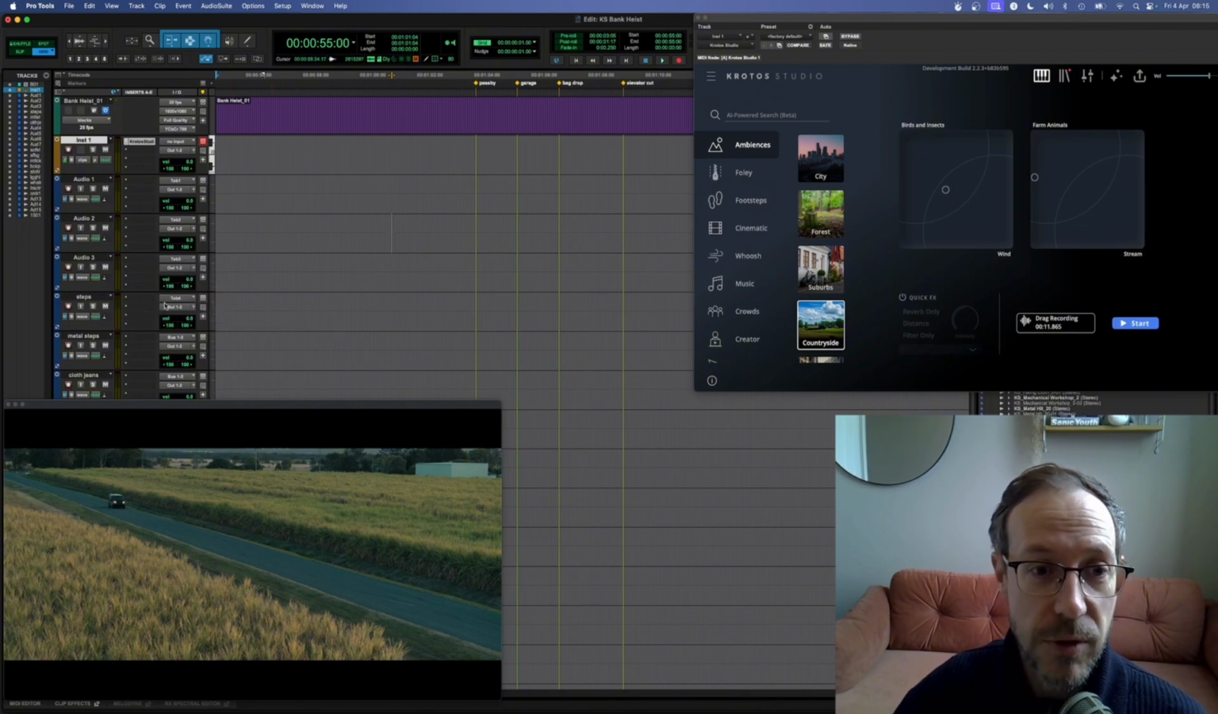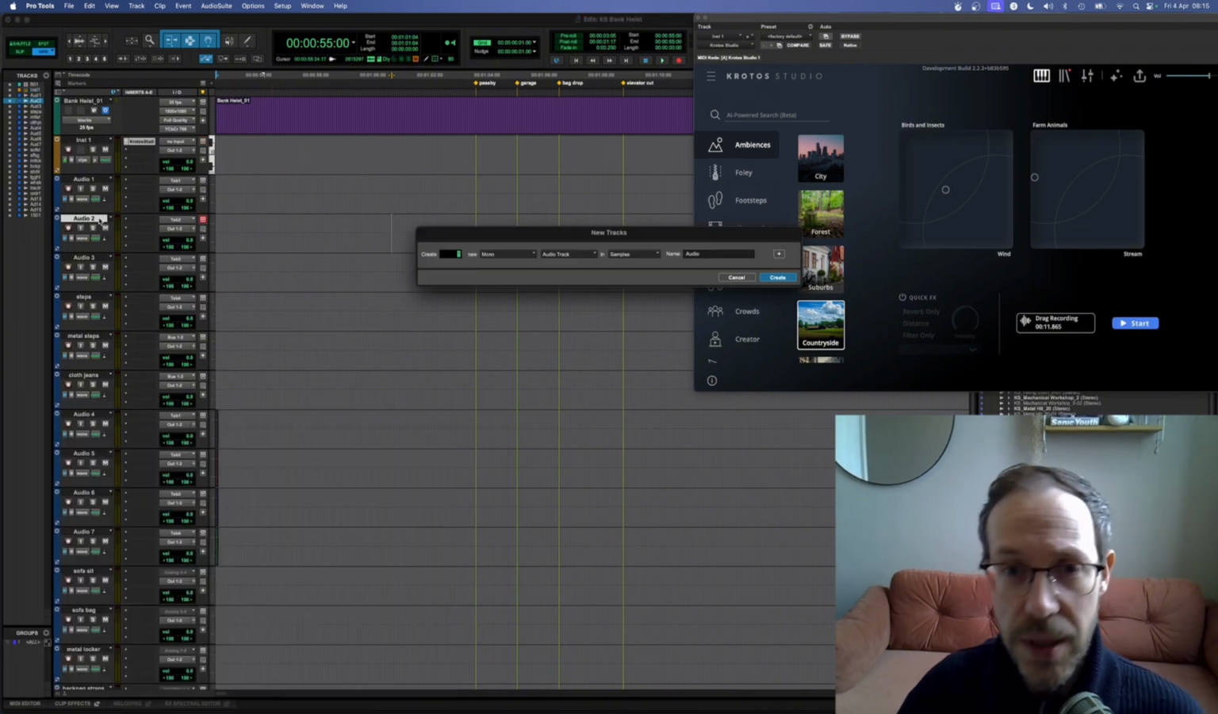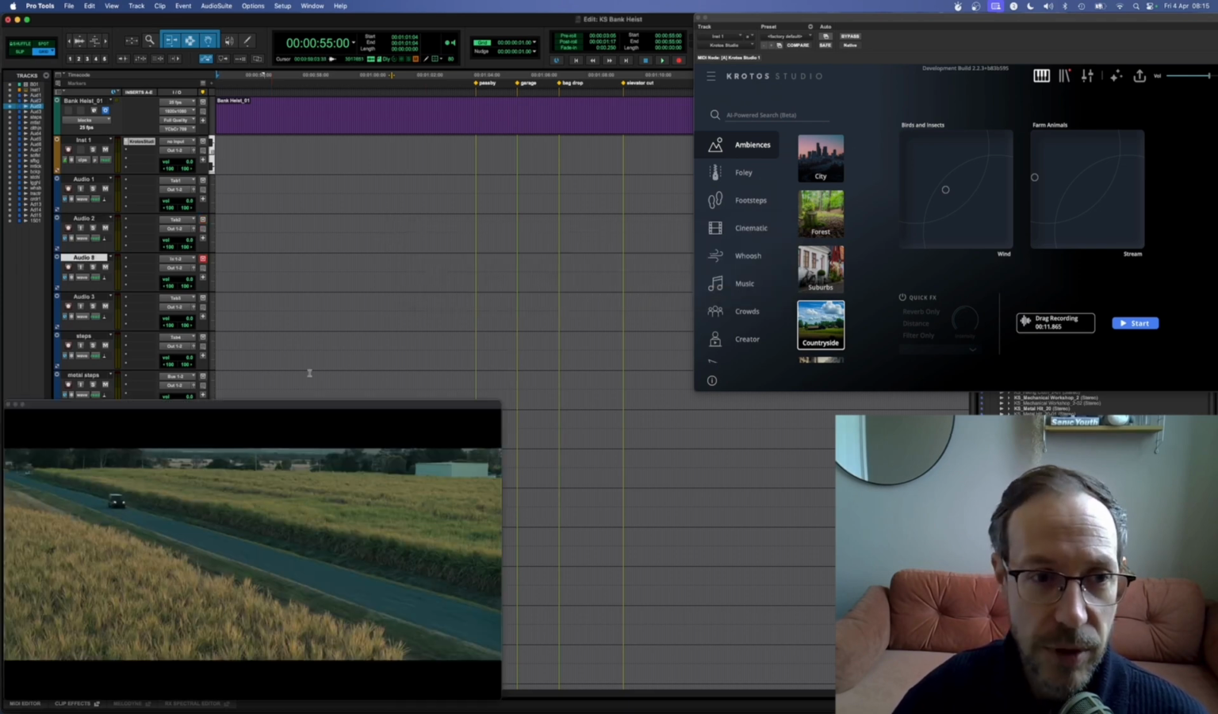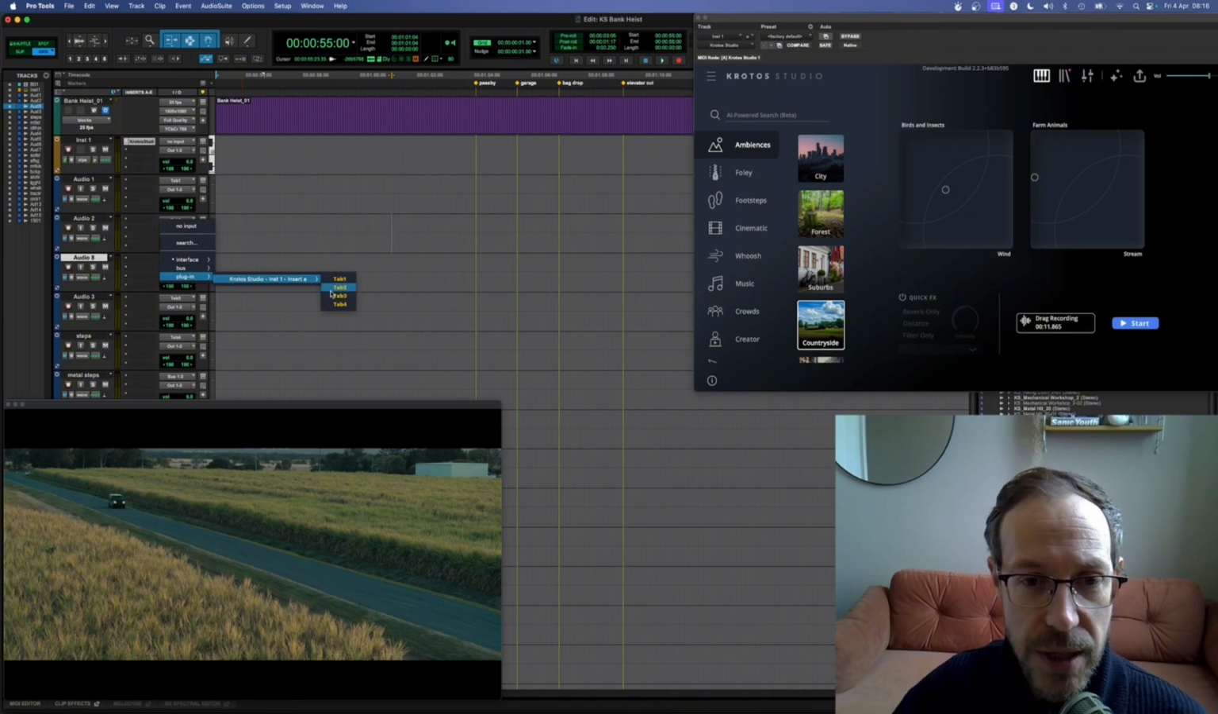So this is a really powerful workflow for us to get the stems of the ambience that we're going to create. It's going to help us in the mix and gives us much more control over the output of Krotos Studio. So let's do that now really quickly. One more track I needed to create there. Okay, so now we've got tabs 1, 2, 3, 4 set up as the inputs to these stereo audio tracks